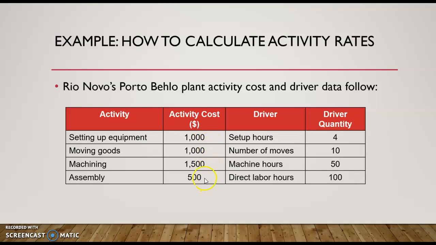they estimated how much cost they would have for each activity. And setting up these activities, figuring out which activities you're going to have overhead for, is part of the thing. So you have to look at your products and how they're made, what type of activities are utilized. So here they determined these 4 activities: setting up the equipment to make a run of the products, moving the